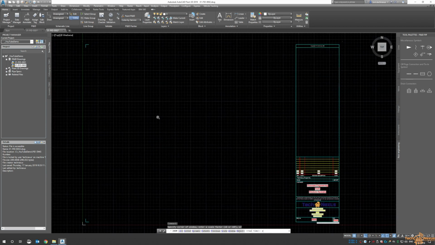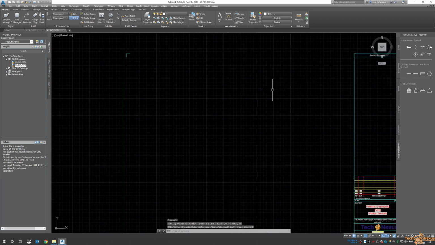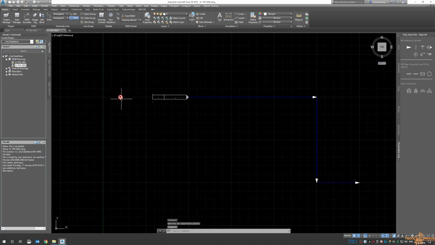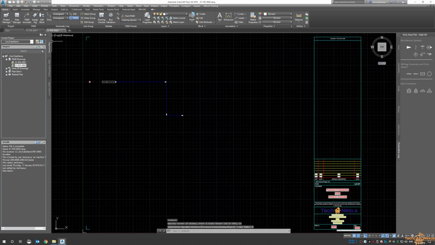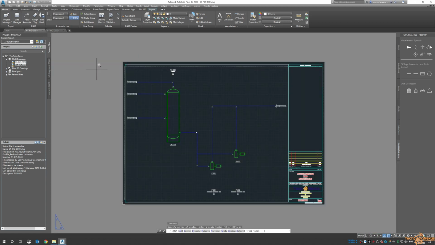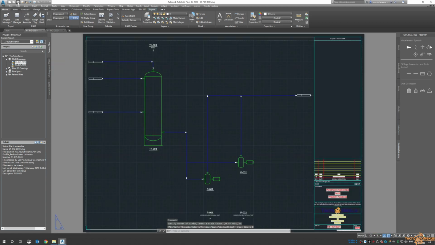So I haven't changed this one around, but just for the sake of the exercise of the off-page connector, I'm going to run another line off here. And I'm going to connect my OPC to that. Now you'll see that there's this funny symbol on the end saying that it's not connected. So I'm just going to save my first sheet, close it,